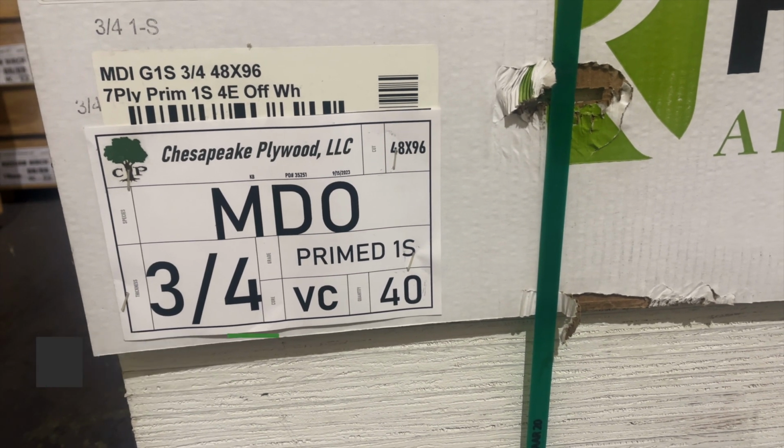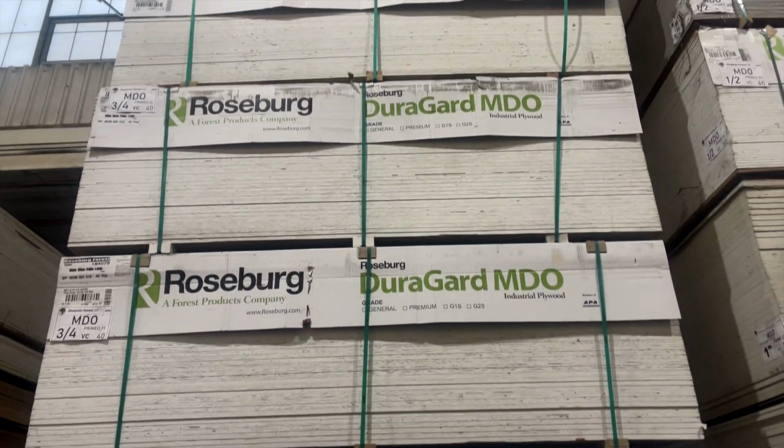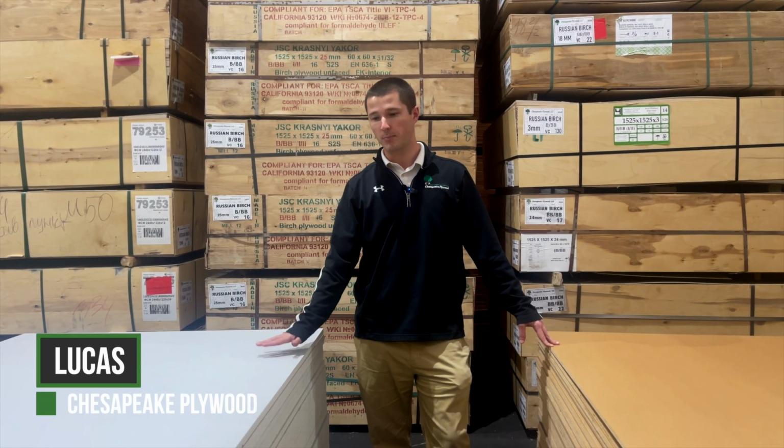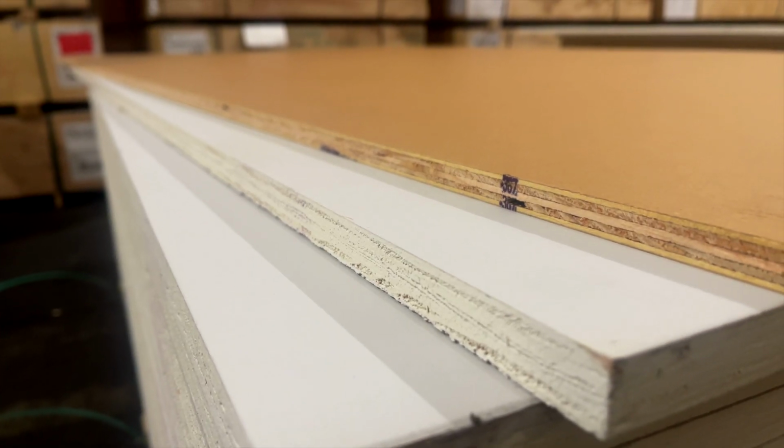Introducing Chesapeake Plywood's MDO panels, a top-tier solution for your construction and design needs. Crafted to meet the highest standards, at Chesapeake Plywood we stock MDO in both primed and unprimed, in many different thicknesses, from 3/8 inch thick up to 1 inch, and in various sizes, from 4x8s to 4x10s, and believe it